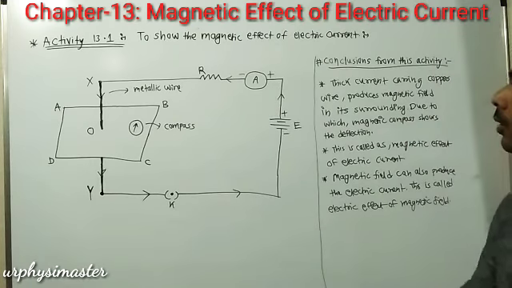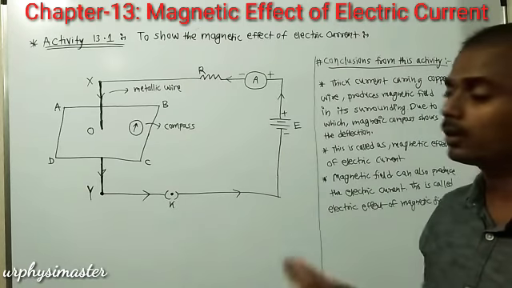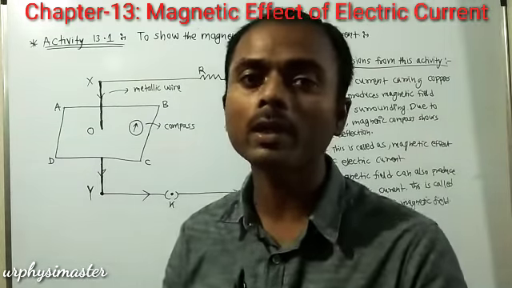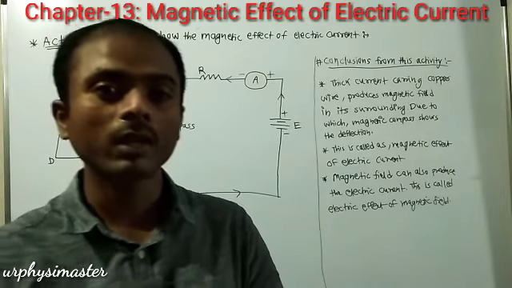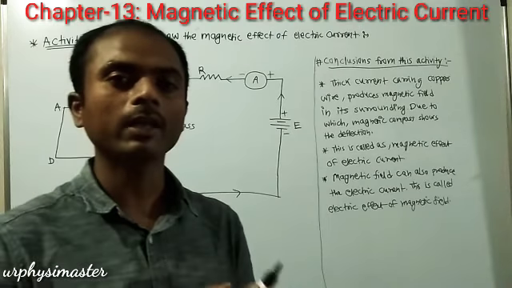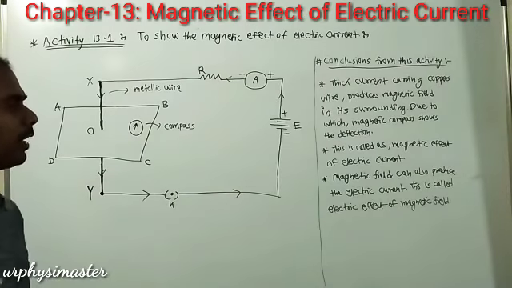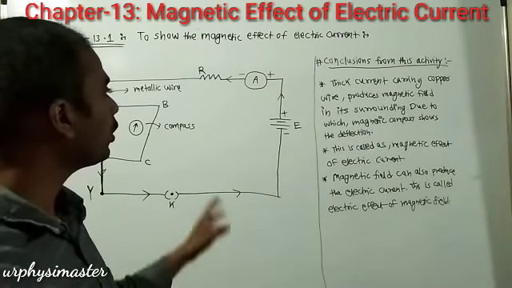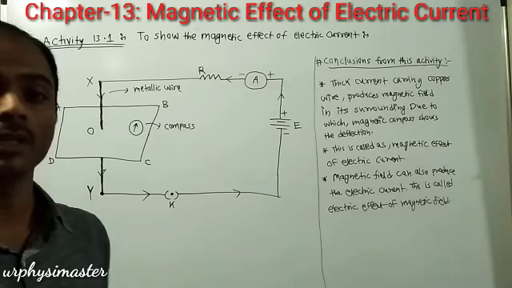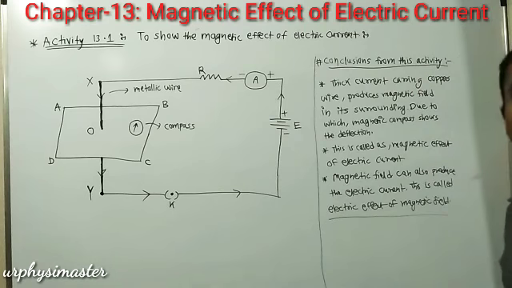Okay, from this activity we can conclude that the current carrying wire produces the magnetic field, or this thick copper wire which is kept between the 2 points capital X and capital Y is acting like a magnet. That is, magnetic field and electric field are not independent, but they are related to each other. Then we will study what is electromagnetic